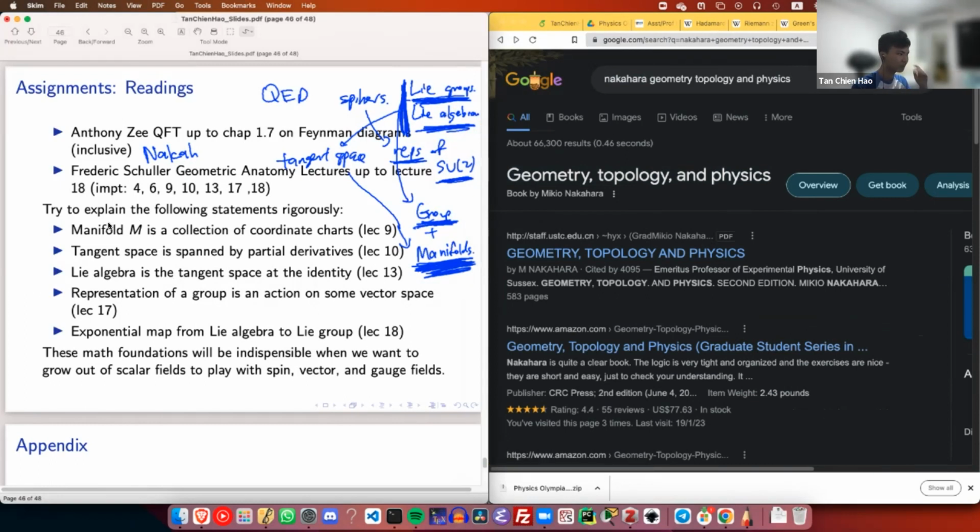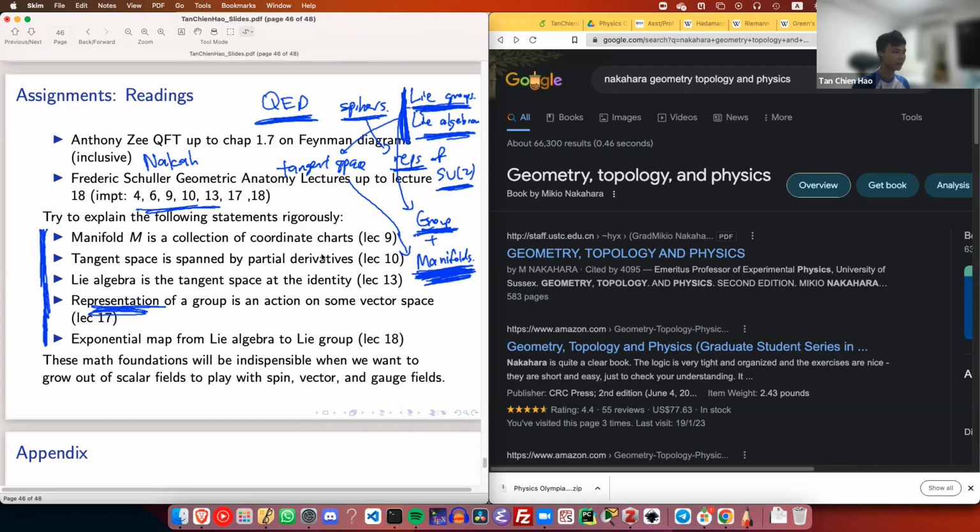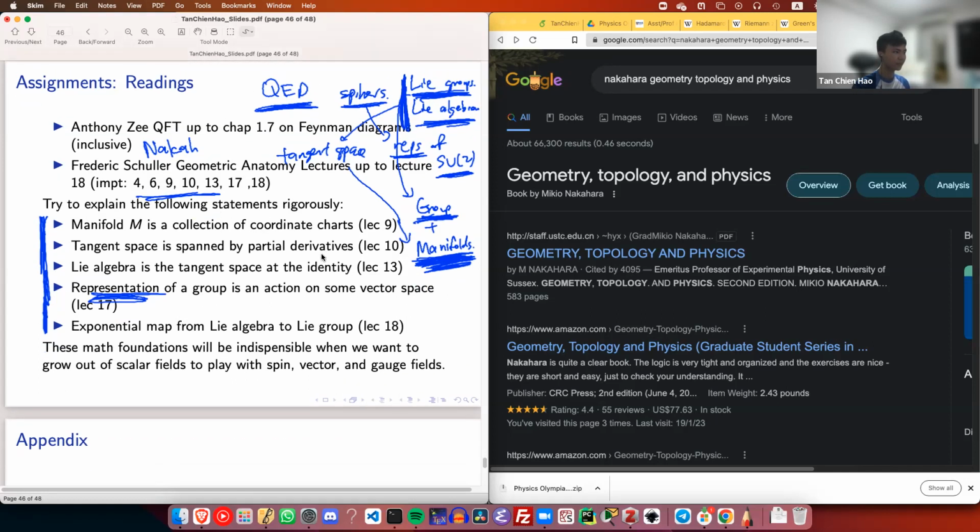I'll try to encourage you guys to understand and be able to explain roughly what each of these statements mean after watching Friedrich Schuller's lectures. Because if we don't touch representation theory, it's almost impossible to talk about spinors. And if we don't talk about spinors, it's almost impossible to talk about QED. So currently, we're only talking about